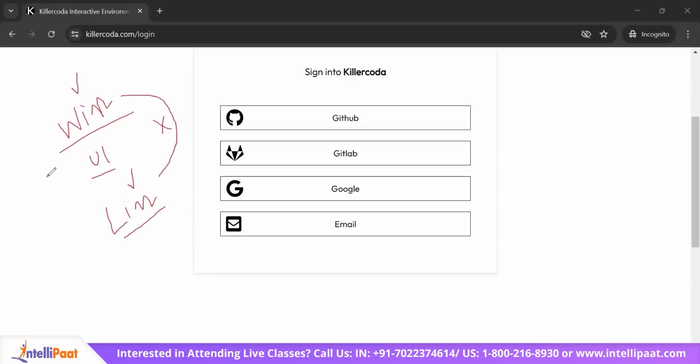So in Windows, you know that you can just right click and then click on new folder in order to create a new folder over there, because you have a UI available on your end. In Linux, when you are talking about installing Linux, let's say in your laptop or in your desktop, that Linux will have a UI available as well. But when we are talking about servers, meaning a platform that is hosting the website, right, or the application